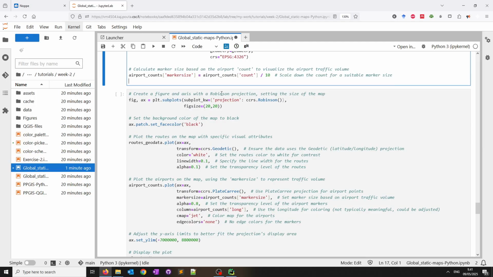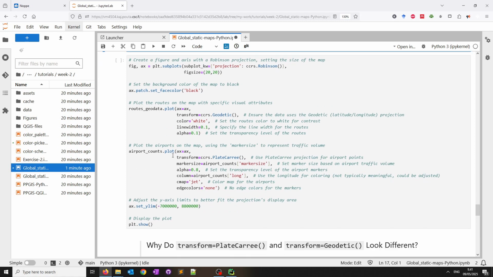So I'm going to recreate the map. We are repeating the same thing, but this time adding also the airports. This is the same projection as Robinson. For lines, we are using a geodetic visualization, showing them as curved lines on the map. And now we are adding the